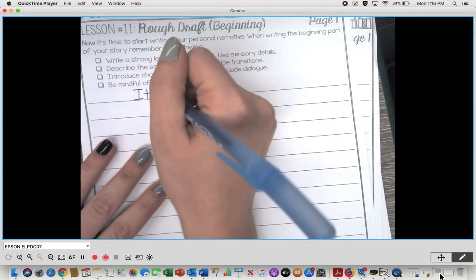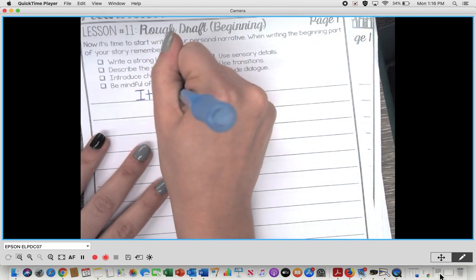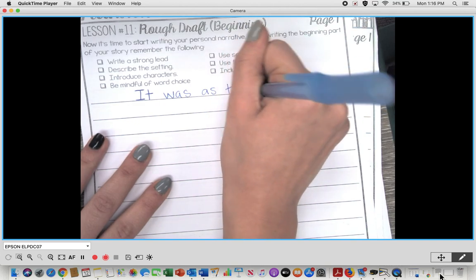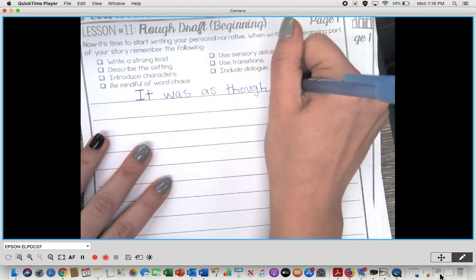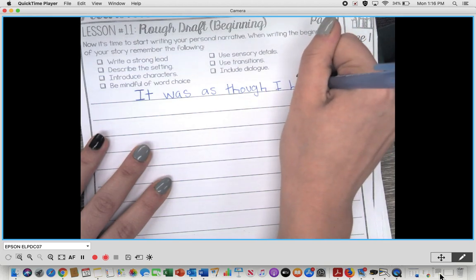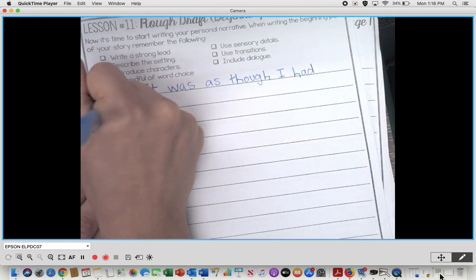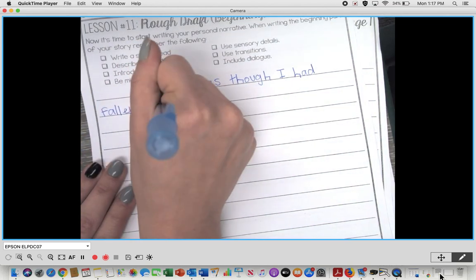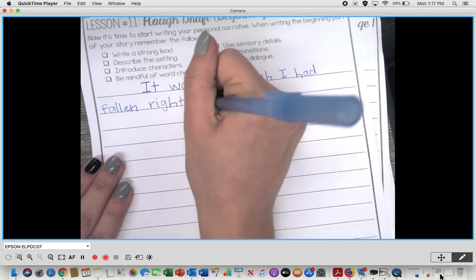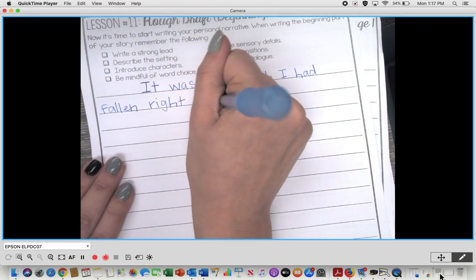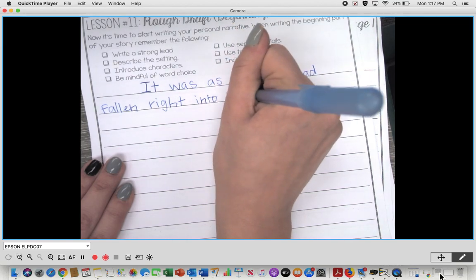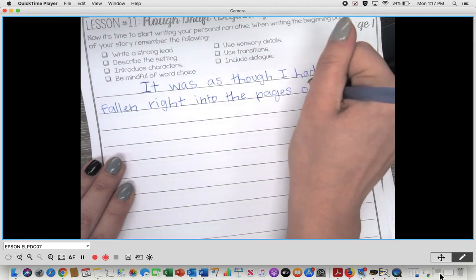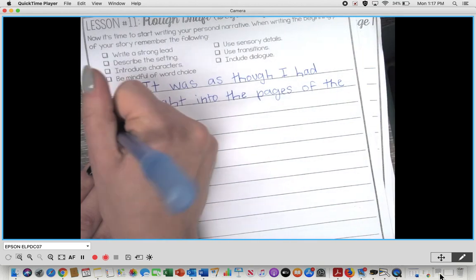So I indented, and I'm going to say, it was as though I had fallen right into the pages of the Harry Potter